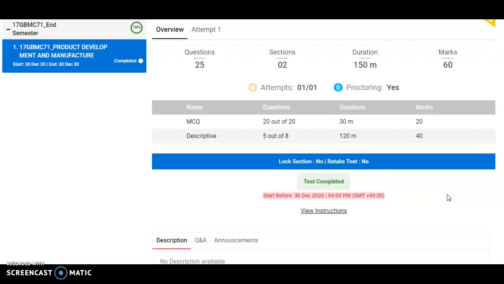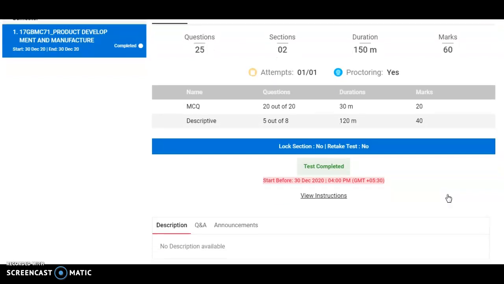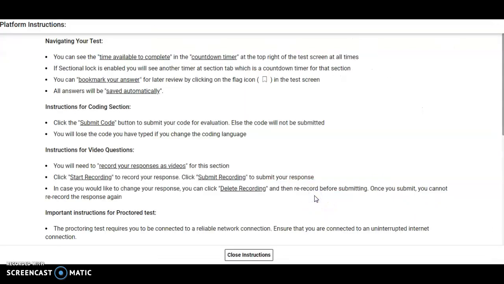Okay, so these are the things to be followed in the online examinations. Before appearing for the examinations, you should know some of the main important instructions.